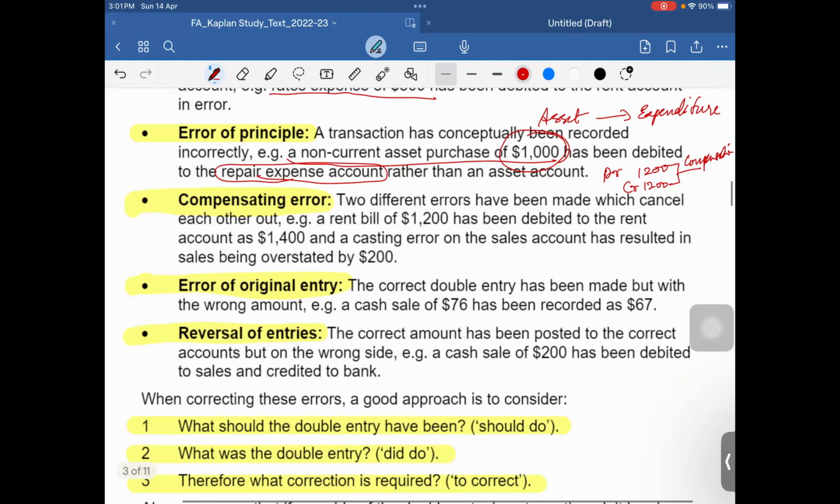Next one is error of original entry. Error of original entry means that if you had to record something, let's just say you have made a credit purchase. Let's just say you made a cash purchase of